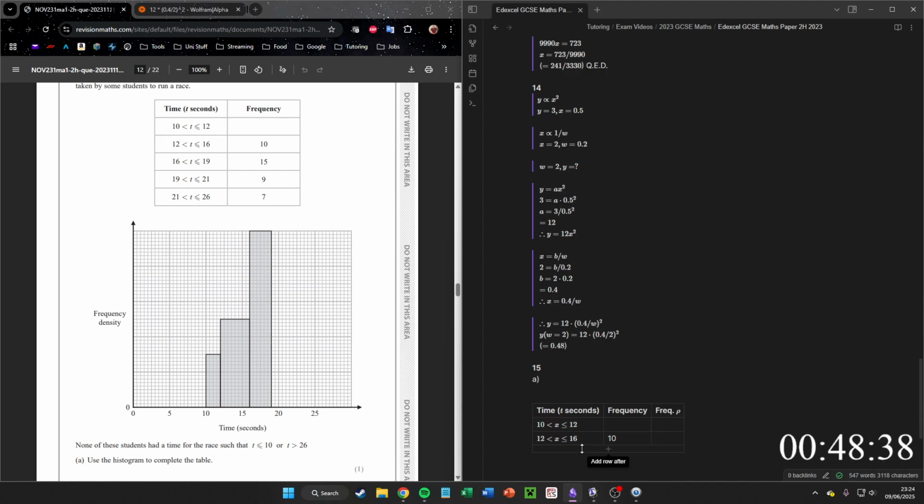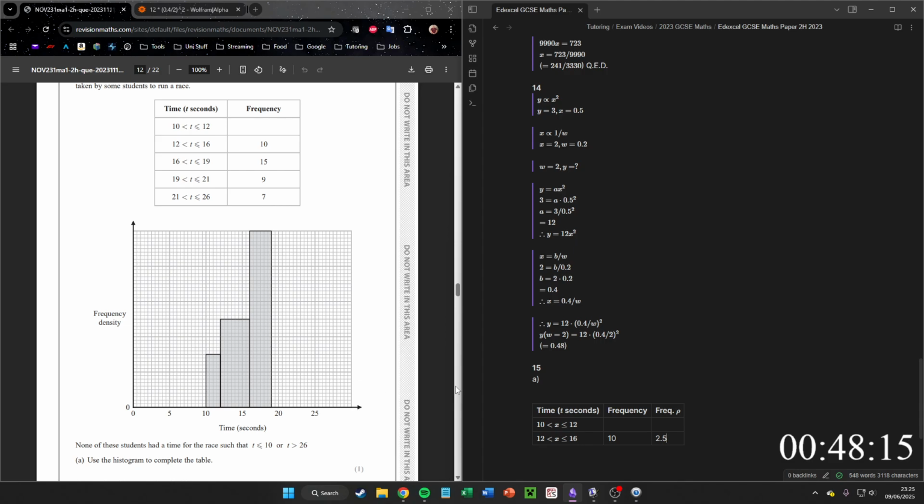Not bandwidth, it's called class width or something, isn't it? I think it's class width. Class width is 4, therefore frequency density is 2.5, because 10 divided by 4 is 2.5. So this must be here, 10 to 16. Yep, 2.5. So these big divisions are 1 each, and each small division then